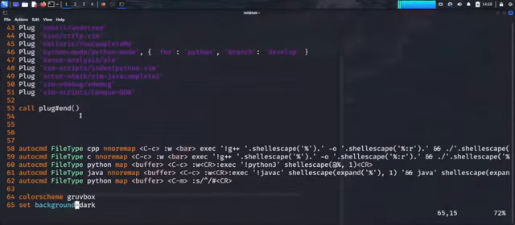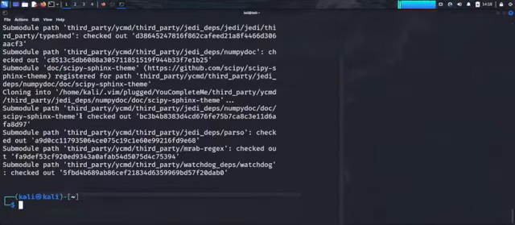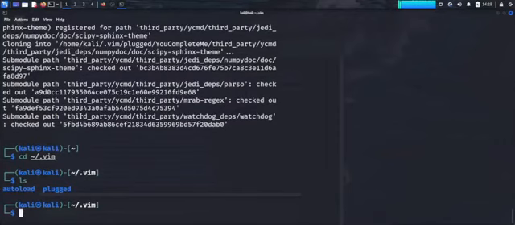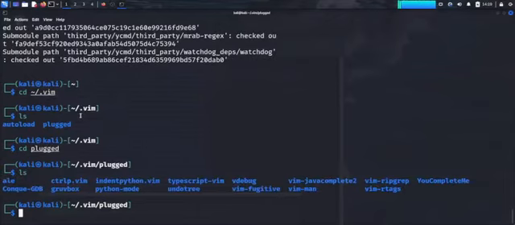All right, there's a couple more things before we're done, and then I'll explain the rest of my vimrc file. So go ahead and exit out of your vimrc. Now, we're going to want to actually change our directory into our Vim folder. And again, put the dot in front of it. So let's go ahead and list what we have. So we can see we actually have a folder in here that's called plugged. So if we change directories again into that plugged folder and list out what's actually in there,